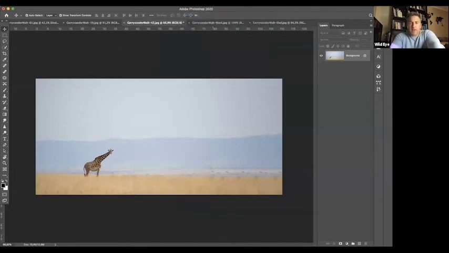Okay, then the other one now is if you want to selectively sharpen just the foreground. Okay, this last one's a little bit more advanced, but let's run through it quickly. Right click, duplicate. Right, now what I'm going to do is you have to put a mask on here. By doing that, you select the background layer, the new layer, you click this icon at the bottom and it adds a mask over here. Right, now what that does, what's the easiest for me to show you, is if I now select, hang on, let me do it this way.